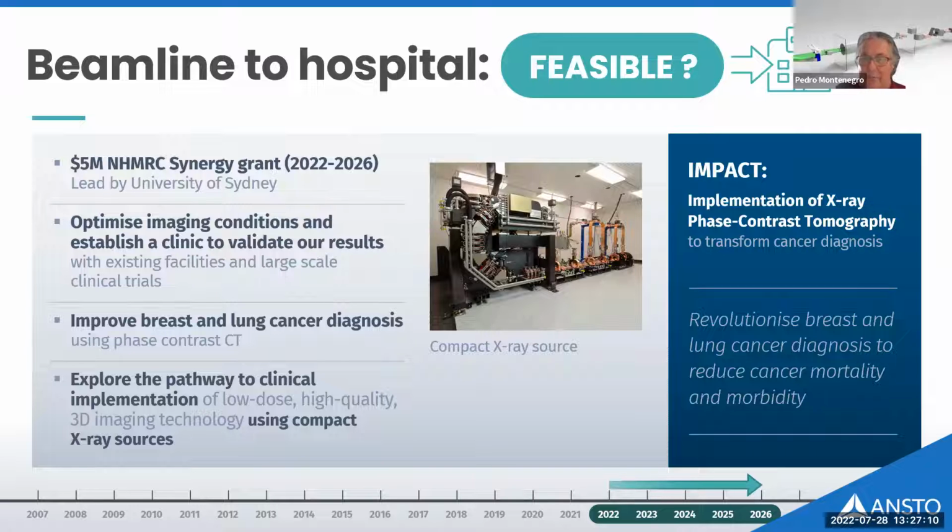The next and very, very vital step is to see whether we can, using compact X-ray sources, which are typically the size of a room, get enough phase contrast out of one of these sources to basically develop a package which would be synchrotron light from a compact source and phase contrast imaging. And this package could then become a commercial entity which hospitals could add